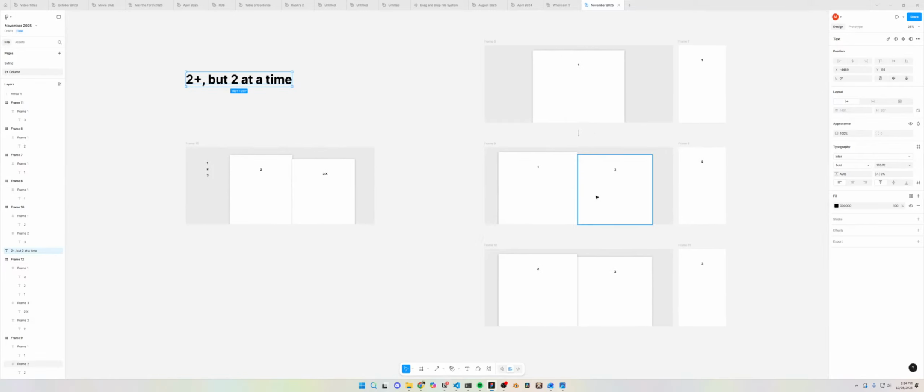But that was not so hard to write down, sketched it out pretty quick. The next step was, the summary of my little drawing there was 2 plus, but 2 at a time. It's really 1 or 2 at a time, but you could have 8 columns, but only 2 at a time. That's the whole idea of 2 plus columns, instead of doing infinite columns like this,